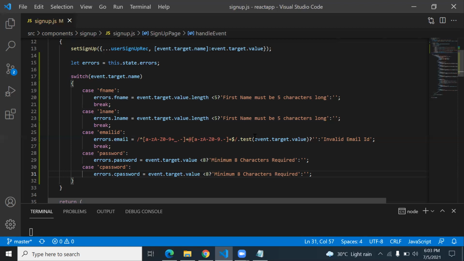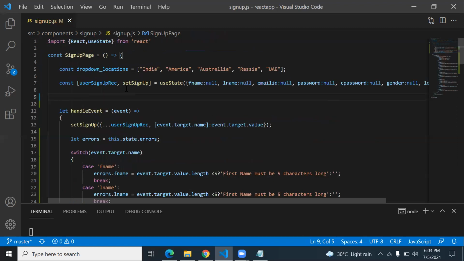So for state variables, here you only write state using the use state function.